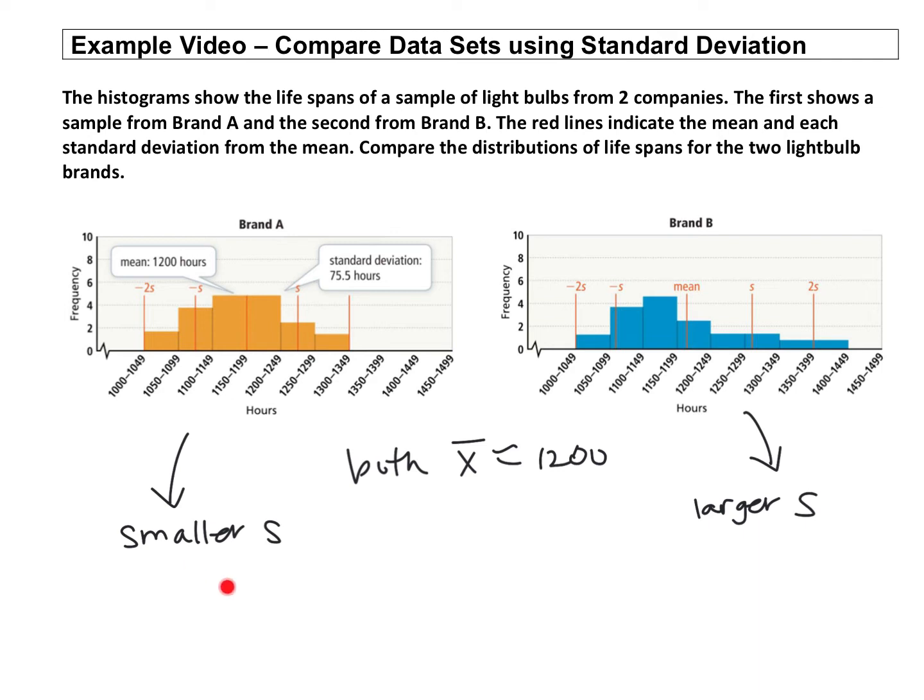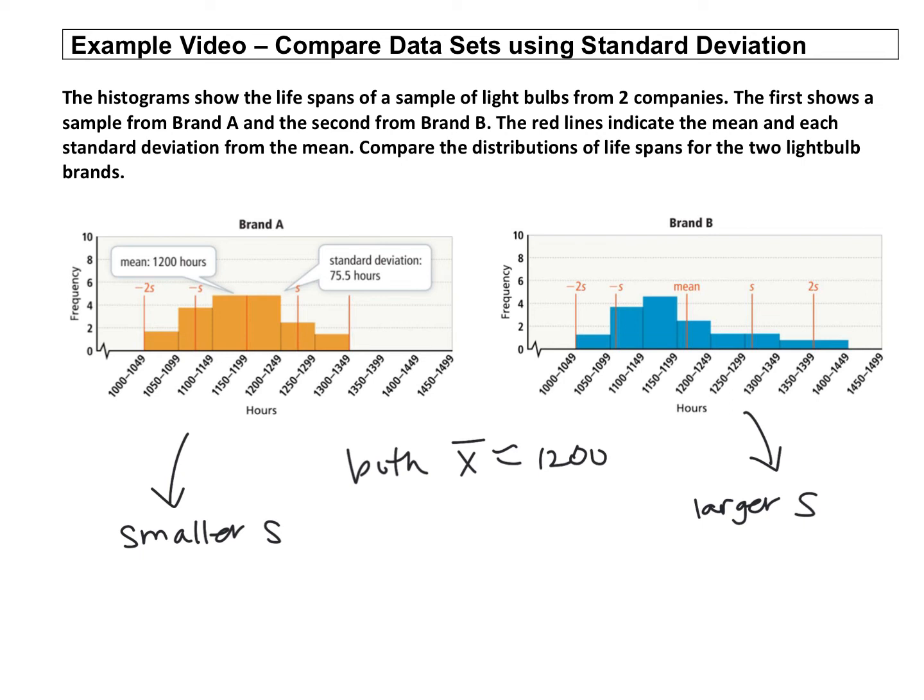So when you have a smaller standard deviation, that will show less variability in their lifespans. That's a good thing. Less variability is a good thing. Since the light bulbs are more consistently closer to the mean in brand A, these light bulbs are more predictable in their lifespans than brand B. A larger standard deviation means there's more variability, which means there's less predictability. So